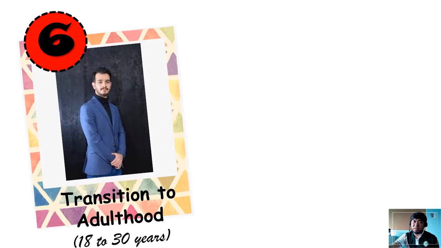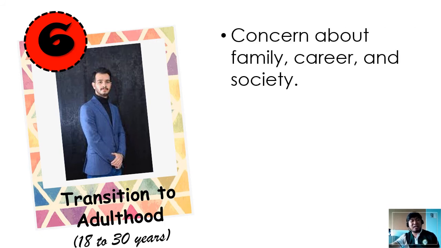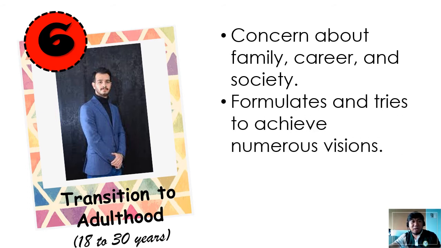So transition to adulthood, 18 to 30 years old. In this stage in the life of an individual, he or she prioritizes more about his or her family, career, and the society. So, mas porsigido ang taong nandito sa ganitong edad kapag nakikita niyang nagagawa niya ang gusto niyang gawin. So, pag nakahanap ng tahanan at makakasama sa buhay o pagkakaroon ng magandang relasyon sa mga tunay na kaibigan.